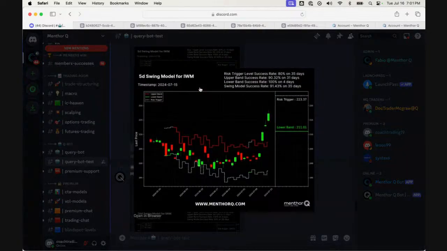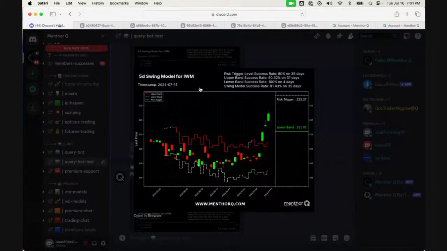Basically, once the CPI and all the numbers came in good, and the rate cuts seem to be a when, not if, and they look like they're sooner rather than later, we see that IWM took off,